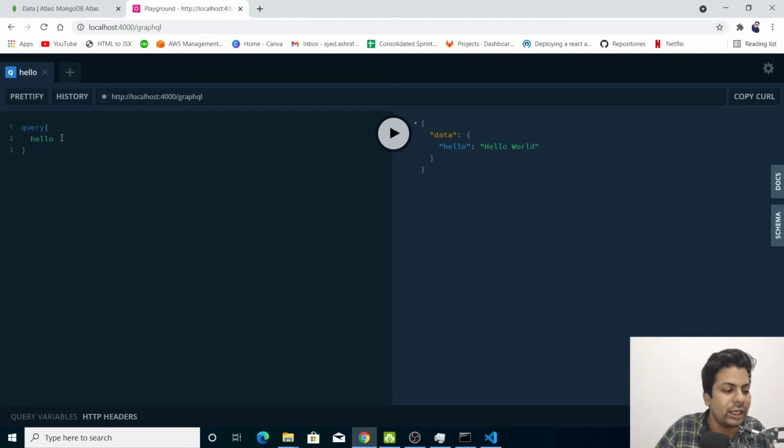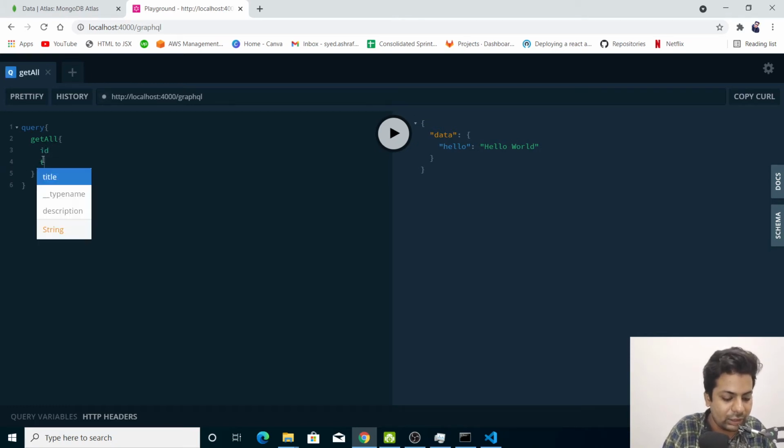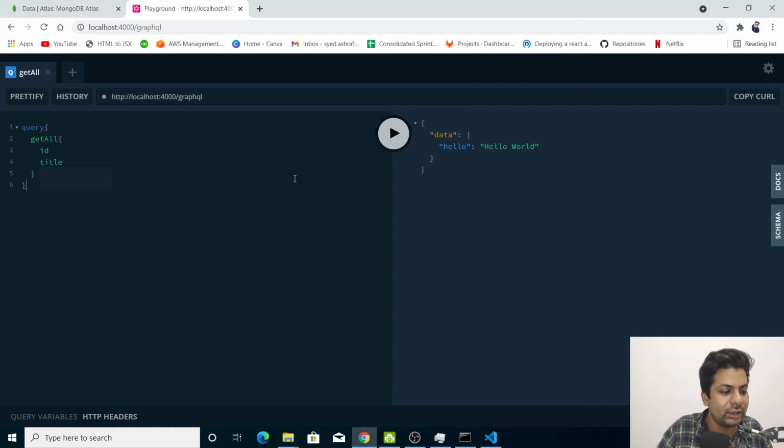But an object has a structure, so I want to tell which fields I need. I'll say I need ID and title. If I hit it, I'm getting an empty result because the database is empty, as I haven't pushed anything there. I can write description also, but that will give me empty as well because it's totally empty.